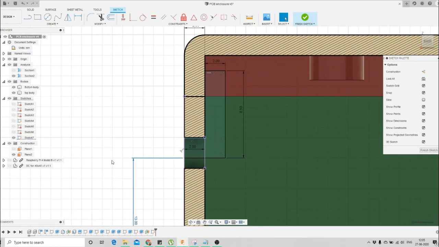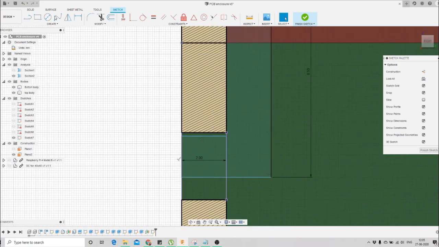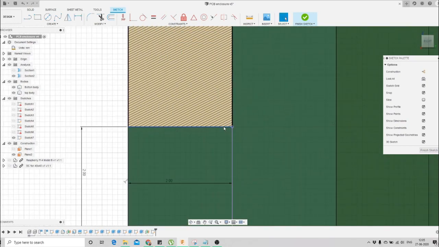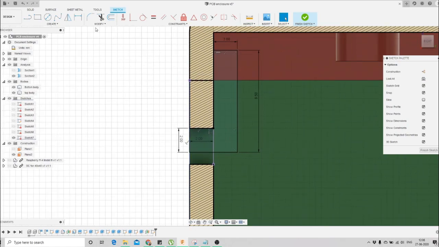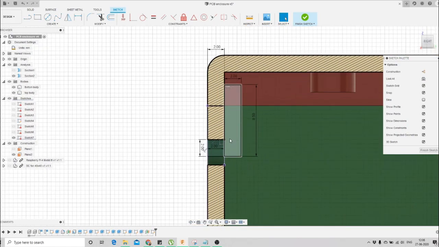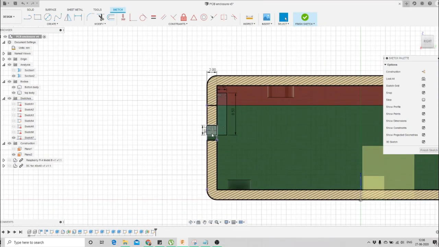Or instead of specifying this distance, we have to specify this first, how much we want. This one is over 2 mm. Then we'll drag this point to this corner. So this is all the sketch we have created right now. We'll apply some fillets later. So this is the sketch we had created right now.